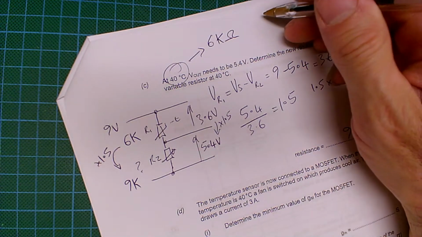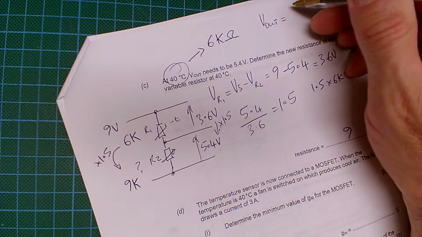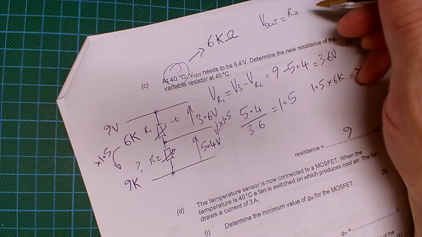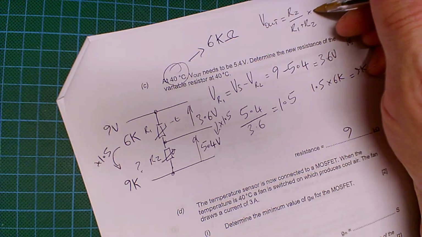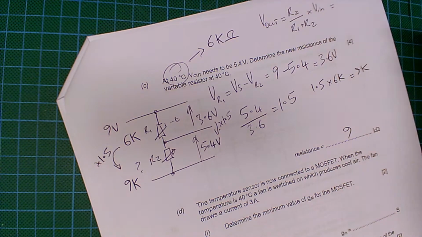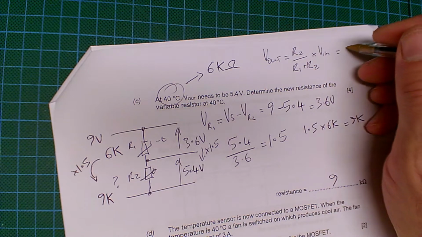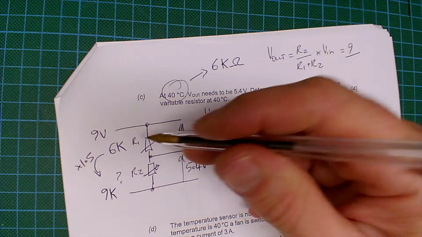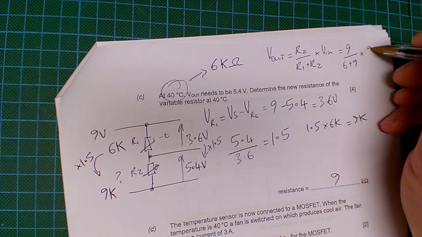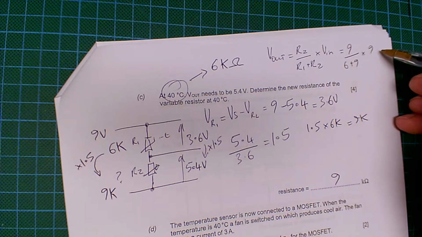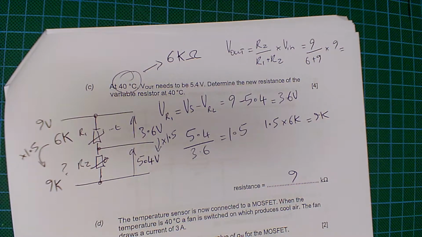If you've got time, you can then do the calculation. V out is going to be R2 over R1 plus R2, and then multiply that by V in. So R2, which we said is 9K, over the 6 plus the 9, multiply that by the 9. Okay, and then if you do that on the calculator, you'll find that V out